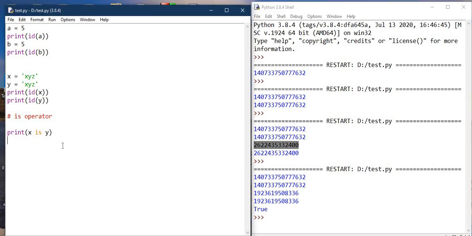So is doesn't compare values, is compares the ID of both the variables passed.